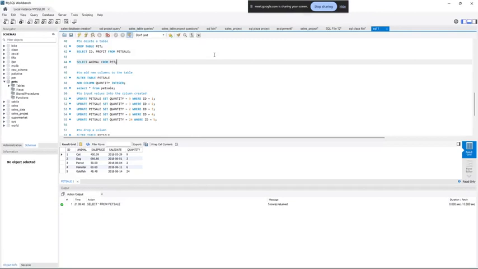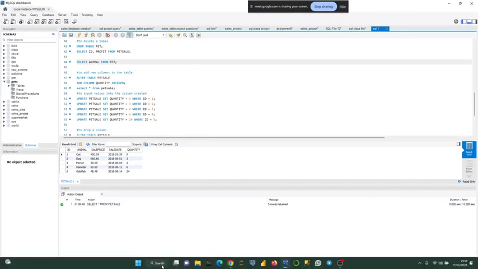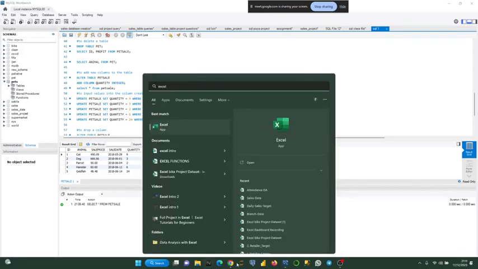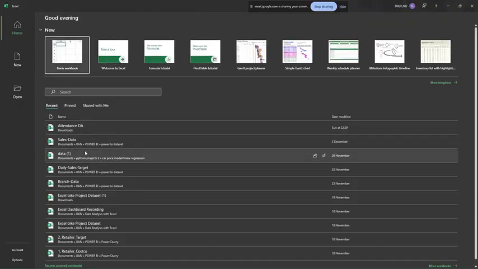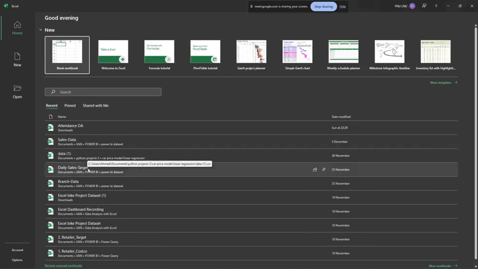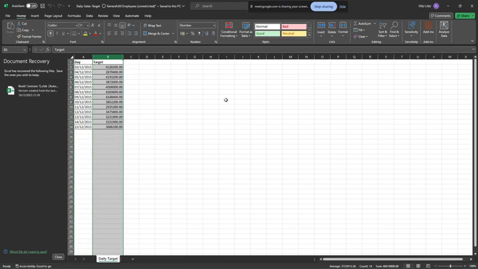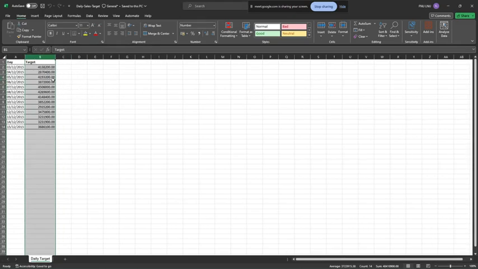So today, what are we doing? Do we remember that particular Excel sheet that we use for our Power BI project? I'm trying to open it. All those daily sales targets. I want to open up everything. Not bike sales that we use for our Power BI. All these daily targets